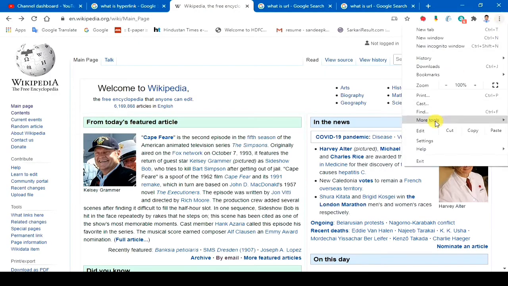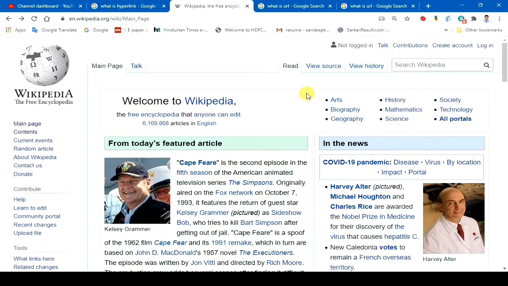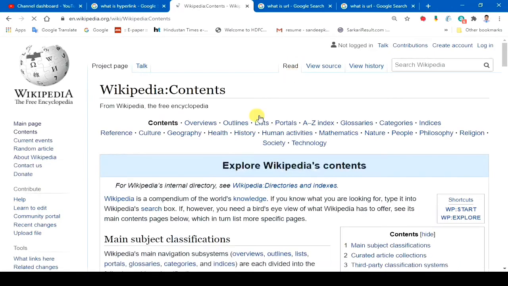Now student, this is the home page of Wikipedia. And these are the internal links, and I show you the external link also. When you click on any of these internal links, you can see that you have jumped to another web page of the same website.